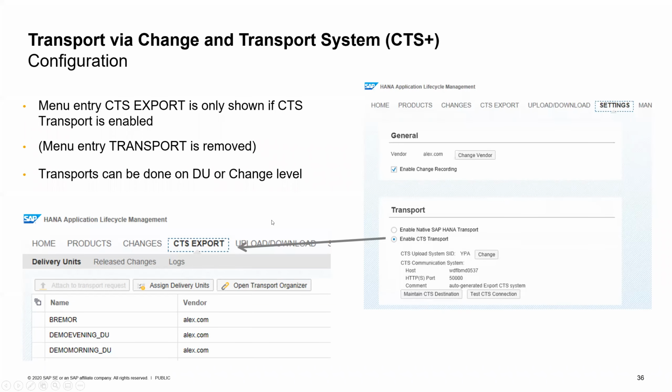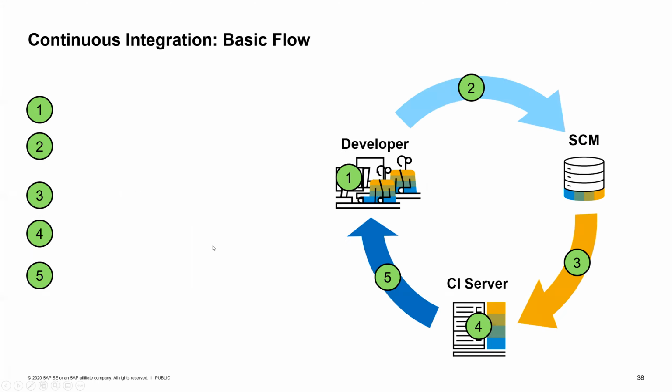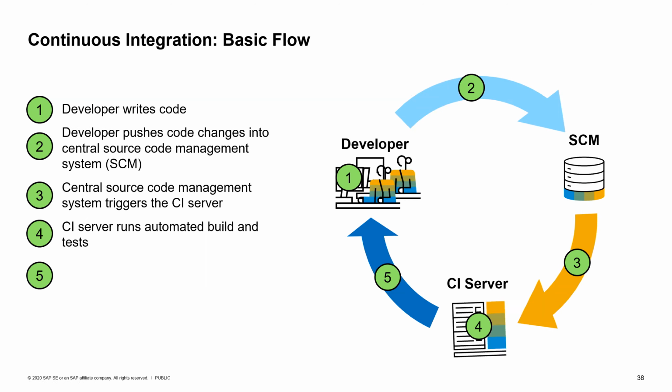So how do you get the connection to the different systems? Okay, but that's just a short excursion, because we now would more go for the Transport Management Service when we look at HANA 2.0. So the basic flow of CI processes would mean that, as you could also now use it for gCTS with ABAP,